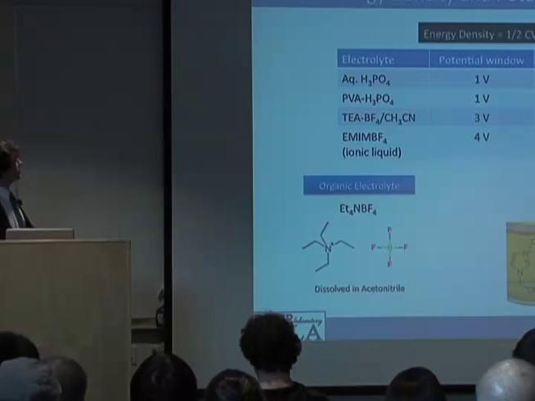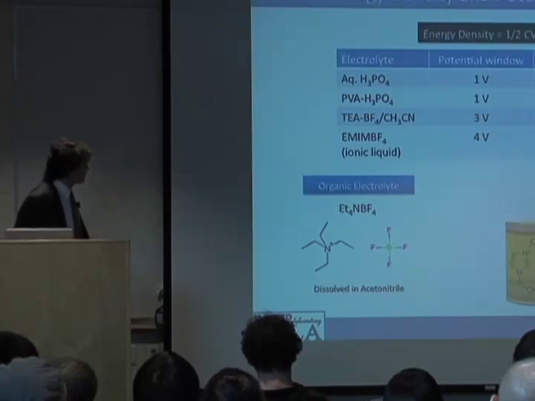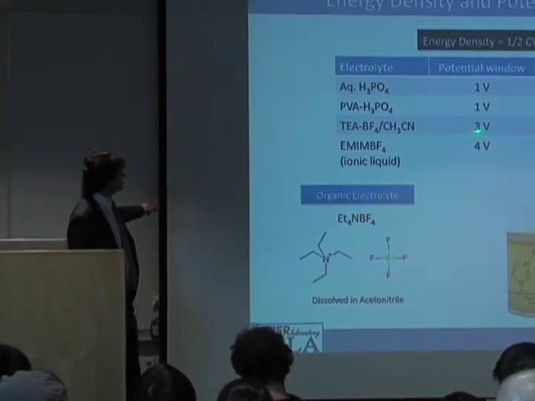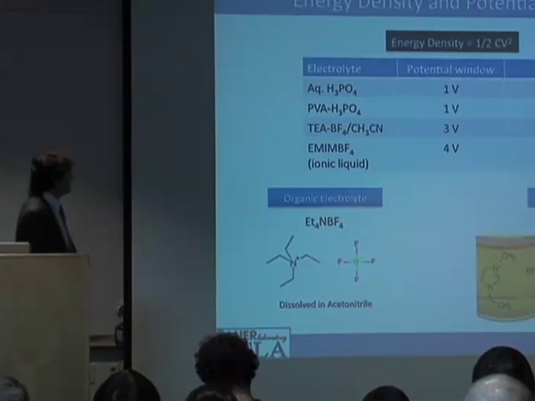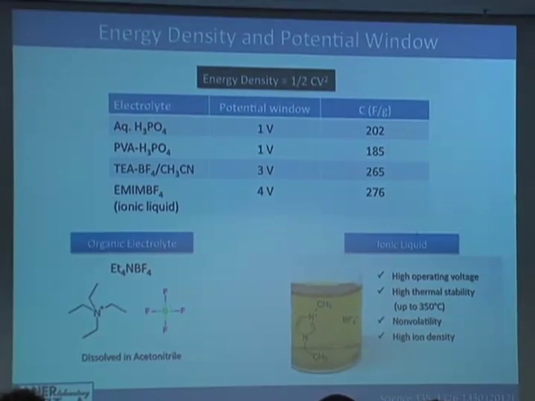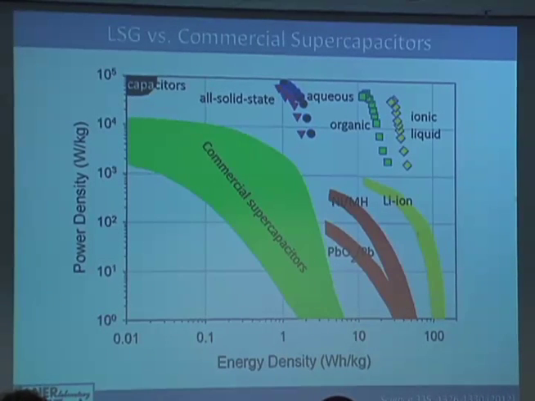And as I said, if you use an aqueous electrolyte, you get 1 volt. If you use acetonitrile, you can get 3 volts. And if you use an ionic liquid, you can go to 4 volts. And I should tell you, we're now up to about 300 farads per gram with the acetonitrile-based cells. Okay, if we put this on a Ragone plot, power density versus energy density, here are commercial supercaps,